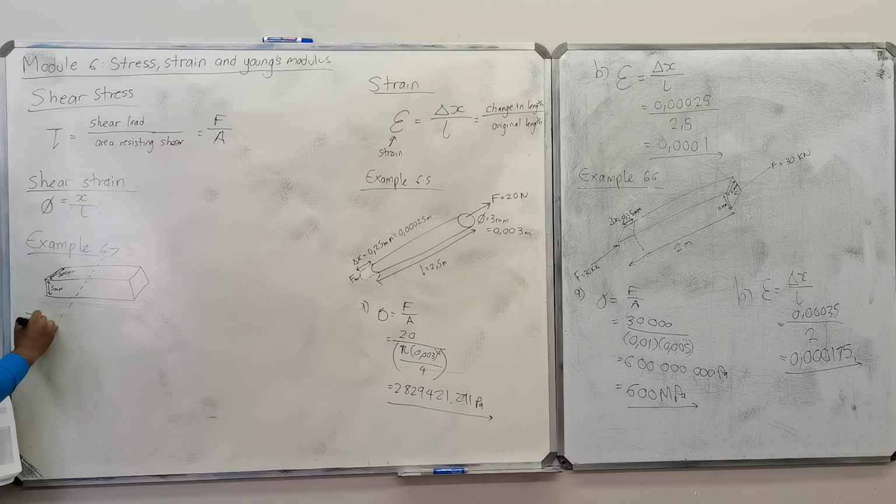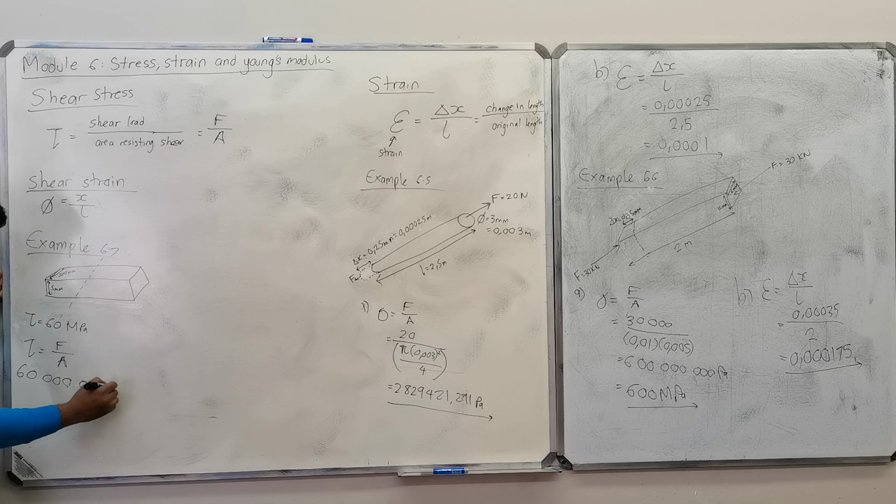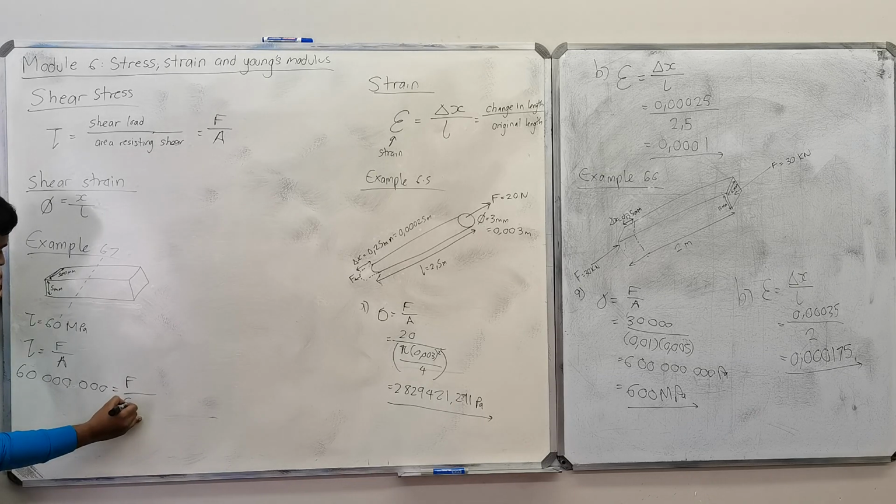So 60, that's the information they gave. Still the same cross-sectional area. So this is equal to force over area. This is 60 million, force all over 0.00